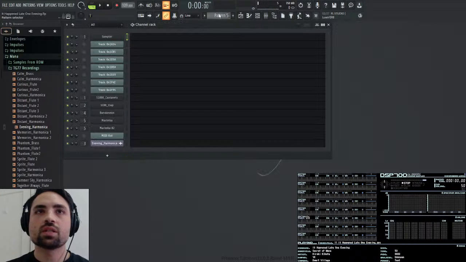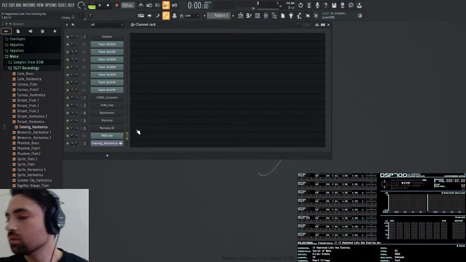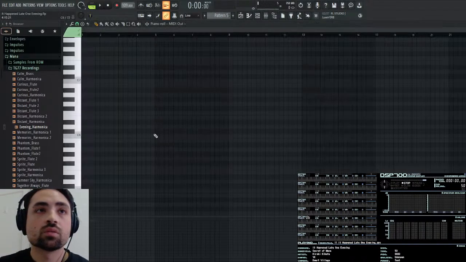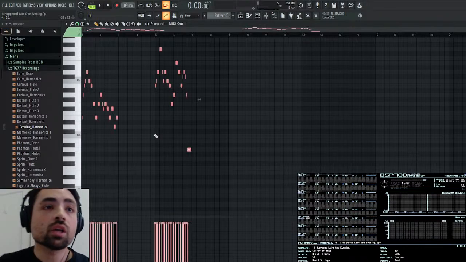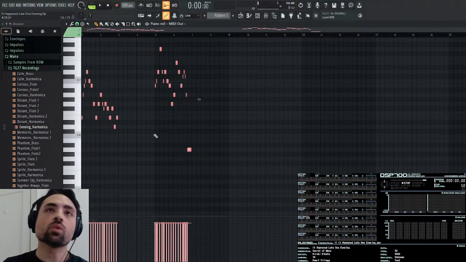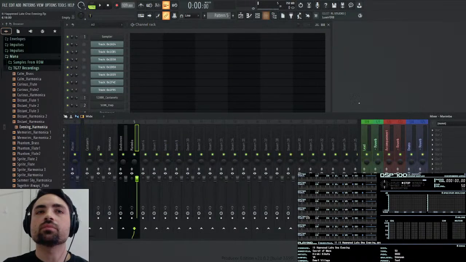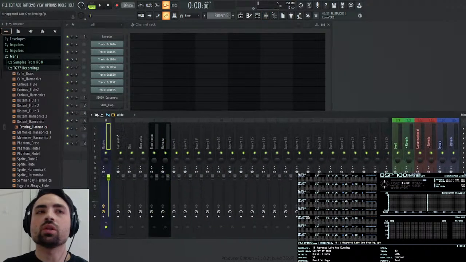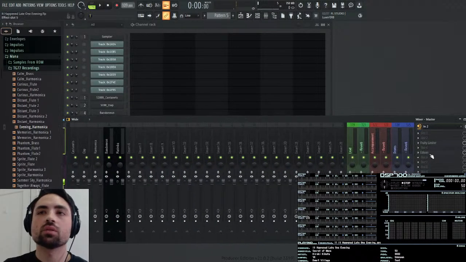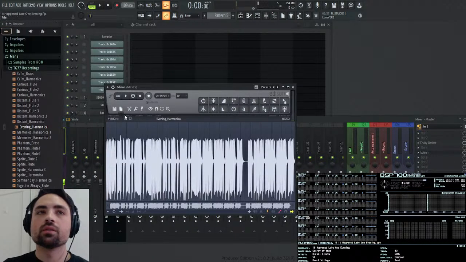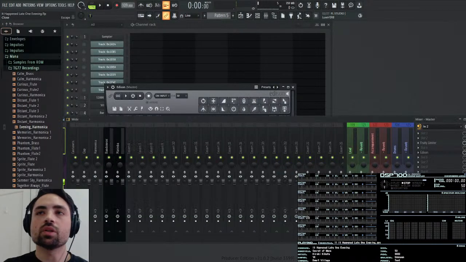So now I have this. It should be in here. I don't know why it isn't. Let me paste. Wait, I didn't paste it. That's right. Yeah, there we go. So now that we're in 48, okay. Let me go and rearm my mixer track. And let me see how it plays first.